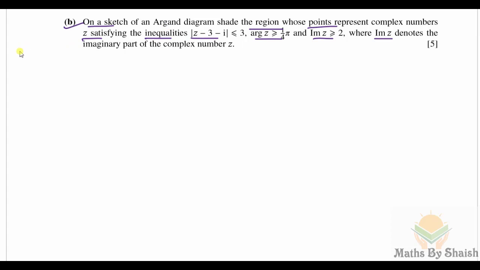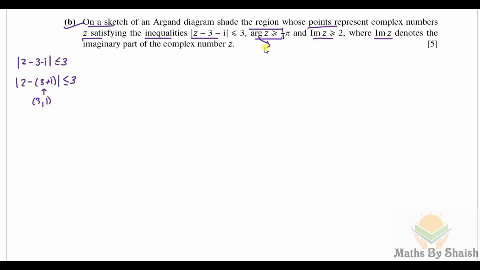So first of all, we know modulus of z minus 3 minus iota is less than or equal to 3, it denotes a circle. I can write it as modulus of z minus (3 plus iota) is less than or equal to 3. So center is 3 comma 1, and the next one is argument of z,